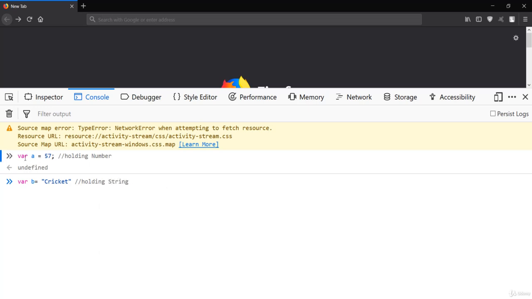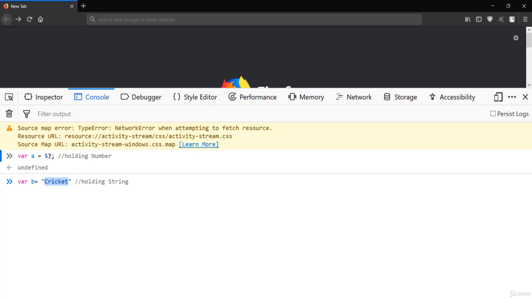The same keyword, var, is used, but here it is a different data type. a is holding the number and b is holding the string, which is a text given inside double quotes. So JavaScript is a dynamic type language. That means you don't need to specify the type of a variable because it is dynamically determined by the JavaScript engine. All you need to do is pass the var keyword and assign the value to this variable.